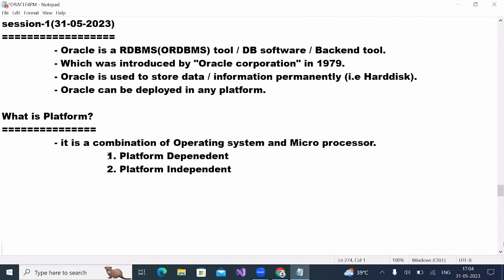So what is meant by platform dependent and independent, sir? Let me explain, guys. Platform dependent means, in a simple way,